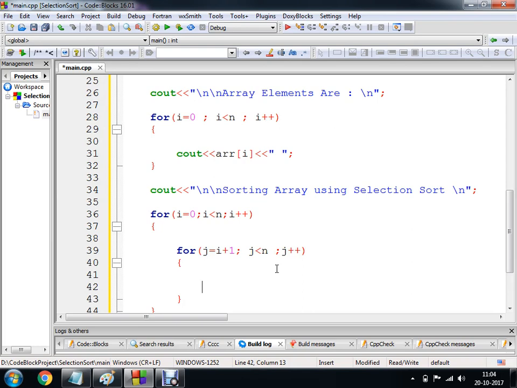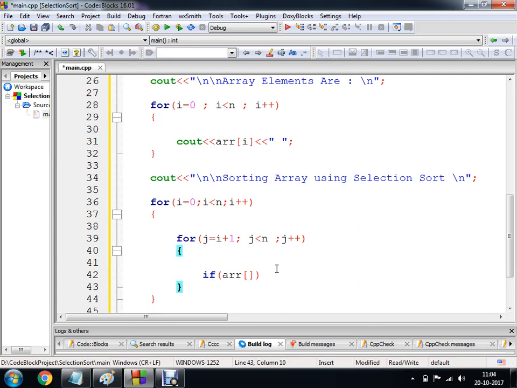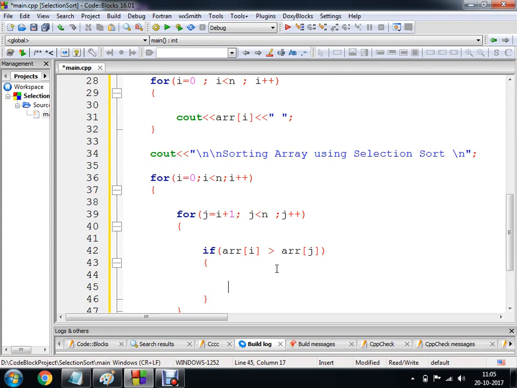Now I'm going to perform a comparison. तो लेट्स से यहाँ पर मैं कंपैरिजन परफॉर्म करता हूँ. arr is the name of my array. i is greater than arr of j. Then I'm going to perform a swapping. यहाँ पे मैंने लिखा है arr of i is greater than arr of j. We'll understand with the help of our dry run. अब इसका करके देखेंगे.